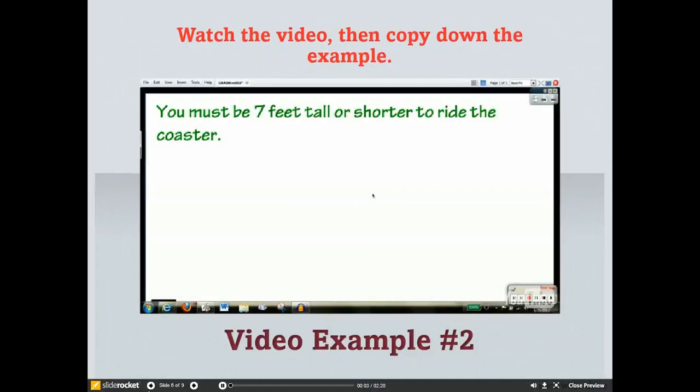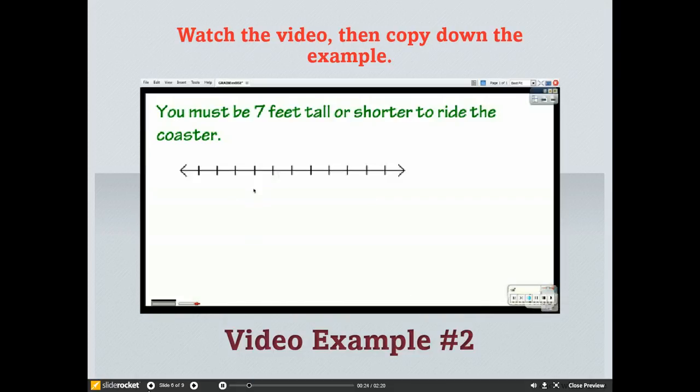In this example, we're going to tackle things in a slightly different manner, just to get a different perspective on things. We're first going to translate our situation into the visual graph, and then go to the inequality. So let's take a look at what we've got. The situation says you must be 7 feet tall or shorter to ride the coaster. So in this case, when I go to my graph,